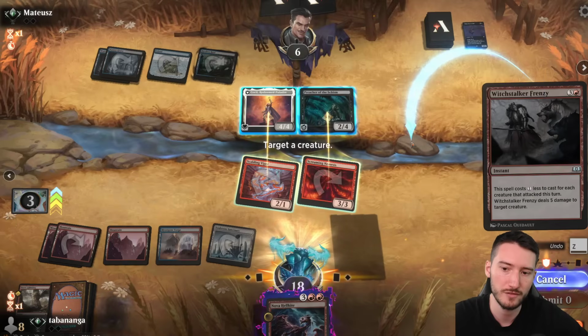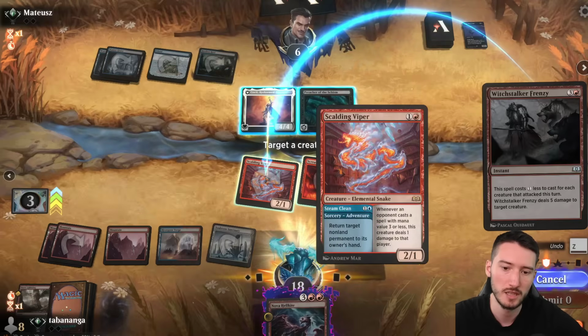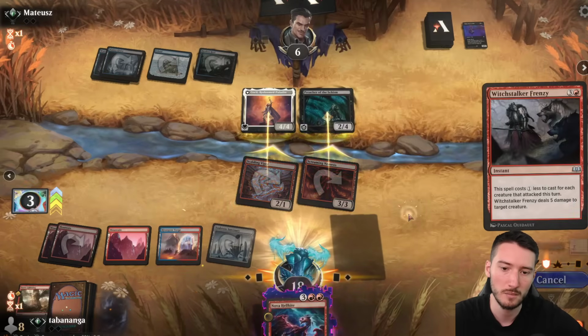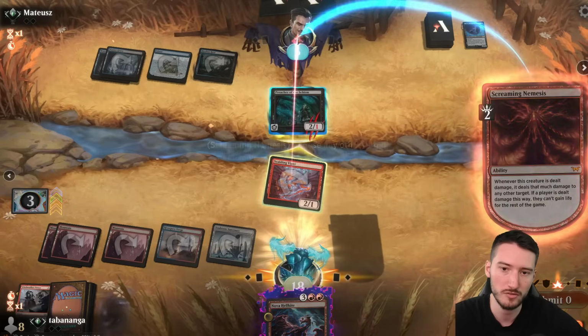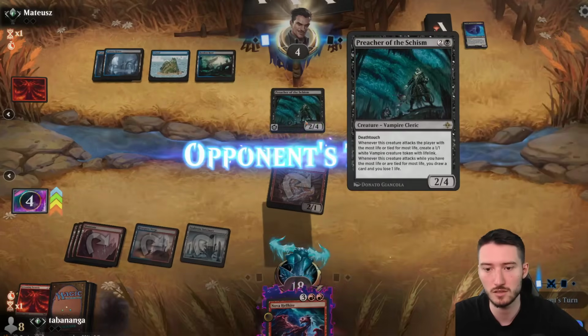If I would have killed the Cecil before, they would have blocked here, which I think is less good for me. So now I have the Viper in play. These two trade. They go to 4 life, so they die to the Hellkite. And I have this Viper, which...